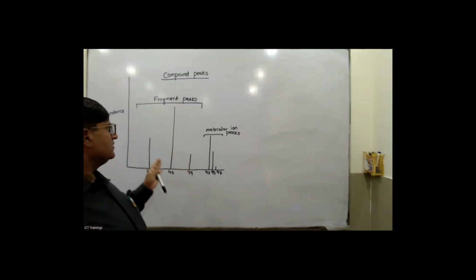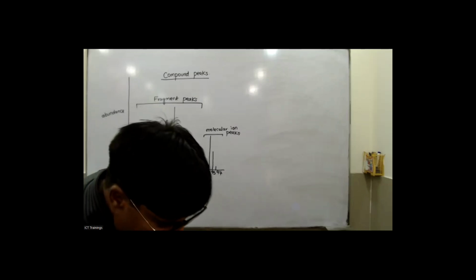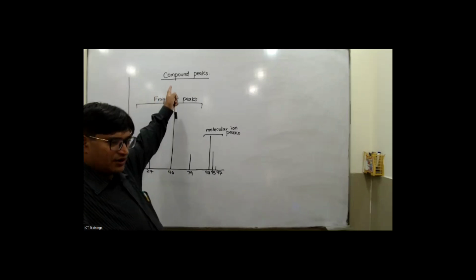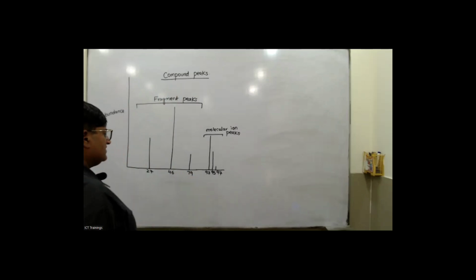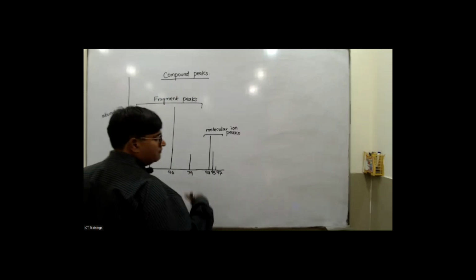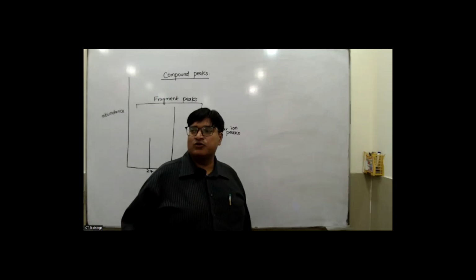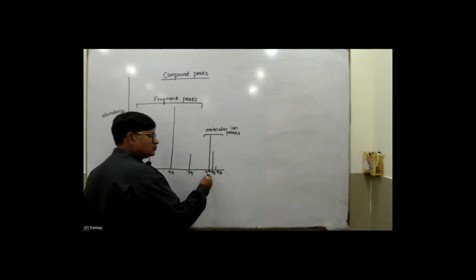Okay, guys. Again, we got a graph like that in which different peaks are present. I told you, when peaks are present at an unusual distance, it means these are the compound peaks. Now, what should you do, my dear? When you got the compound peaks, you have to look at the last peaks which are very close together. So if you look, these three peaks are very close together.